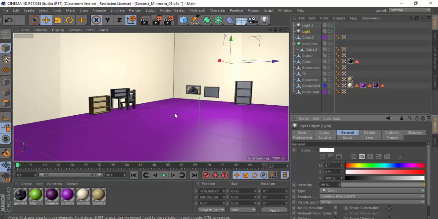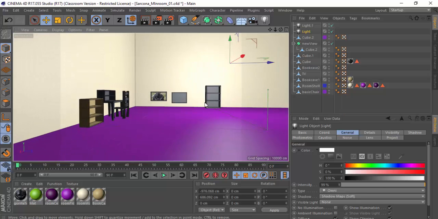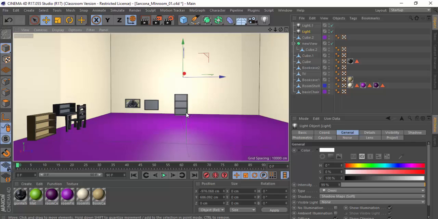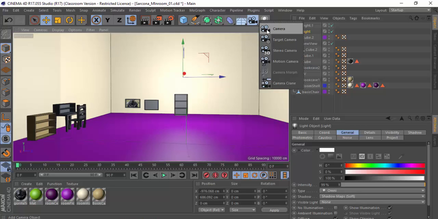All right, so without adding the texture, all we've done so far is created a light, turned shadows onto soft, and then duplicated it and kind of balanced it out so we have plenty of coverage in our scene. The next thing I want to do is create a camera. So under the camera button,